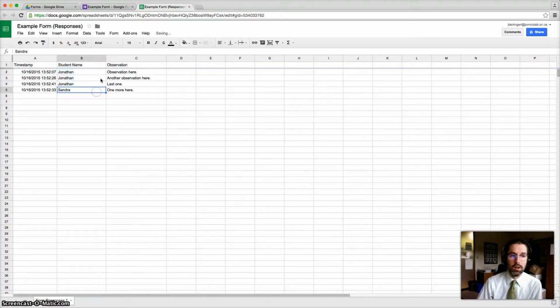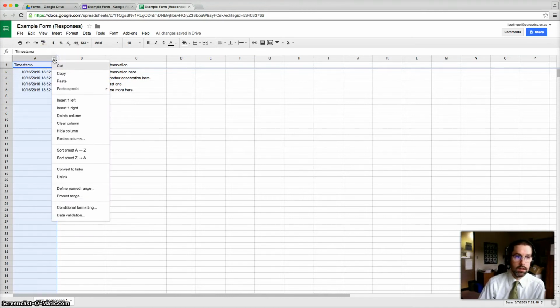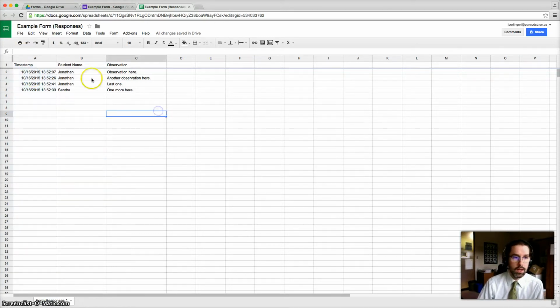And so that will put all of my observations about Jonathan and about Sandra together. Here I can sort A to Z in the timestamp column, and that will reorder them chronologically. And if you really want to get fancy, there's a filter option here in Google Sheets that I won't go into a lot of detail about right now, but that will allow you to display only some data. So if I set up a filter,